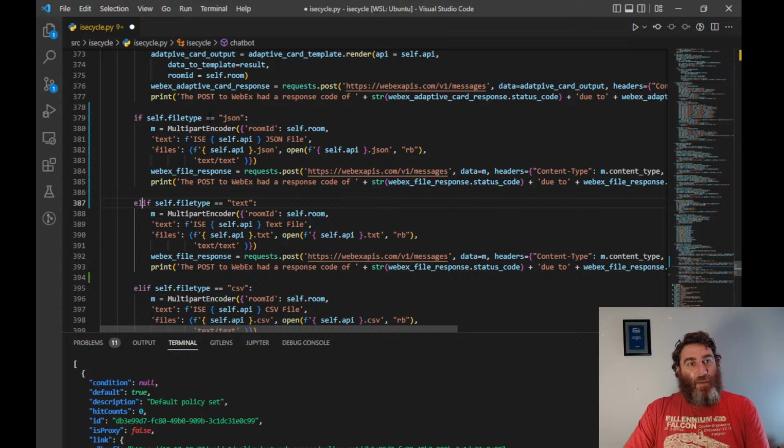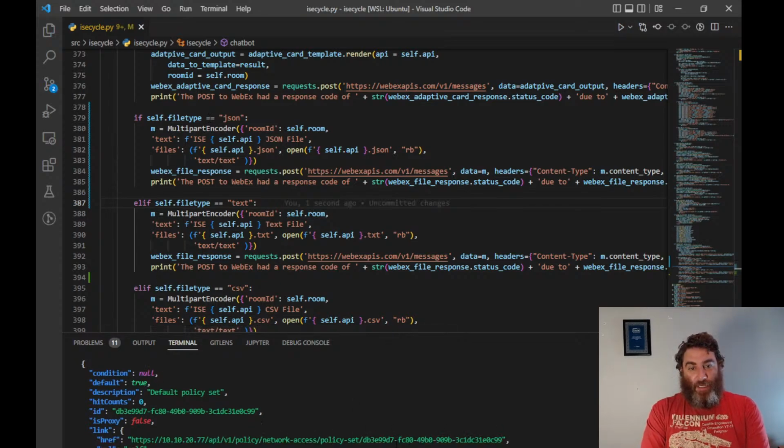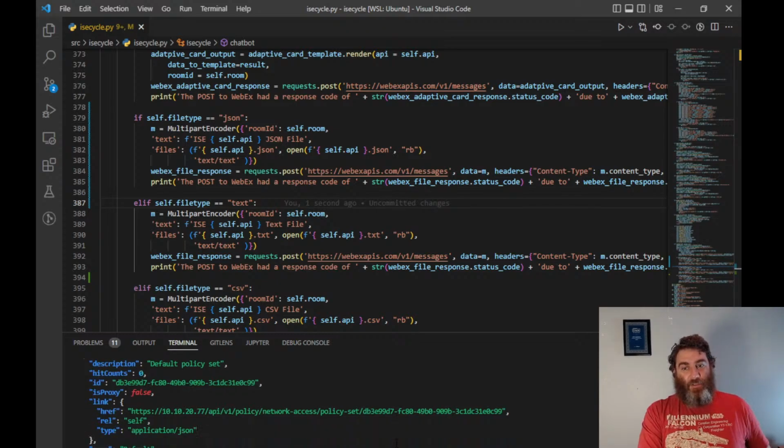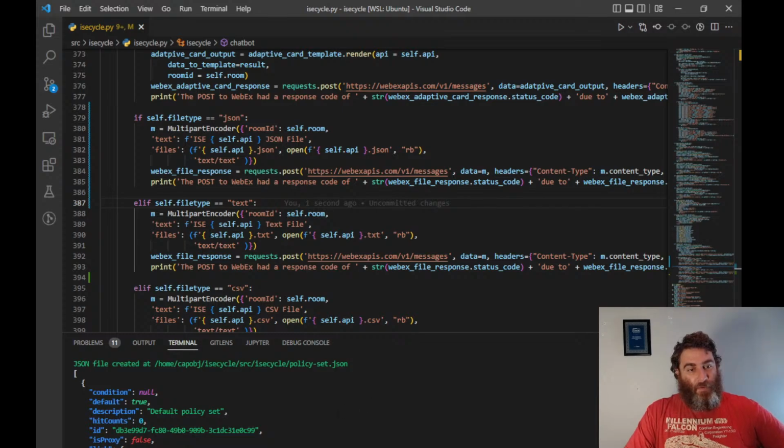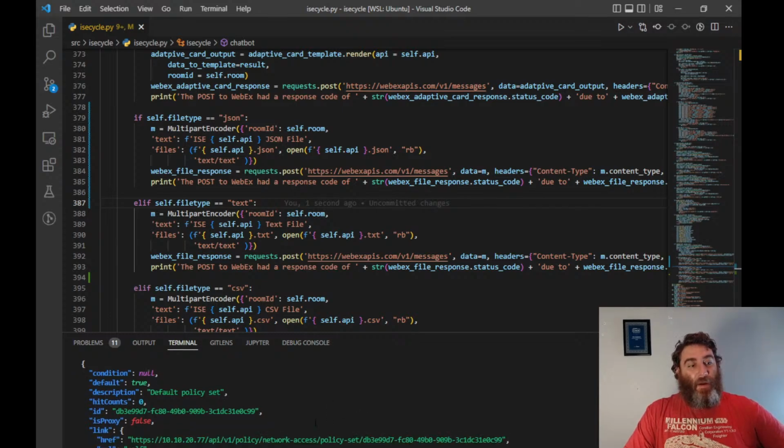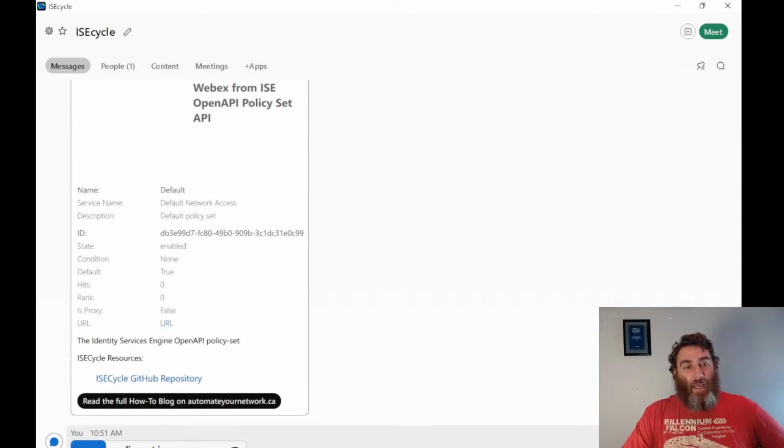So if file type equals JSON, else if. Let's try that again. I'm not quite sure why that didn't work. Policy set JSON. There we go. Yeah, I forgot that I added this at the top, and I had to add the else if. So now in our room here, we have the attachment,